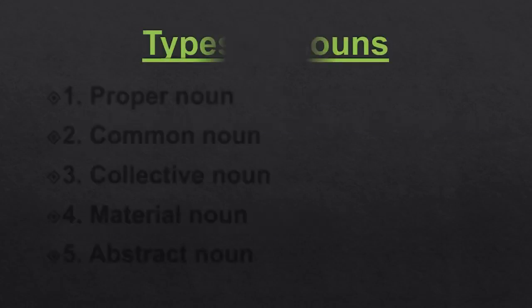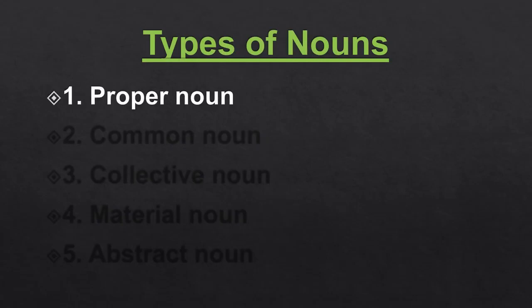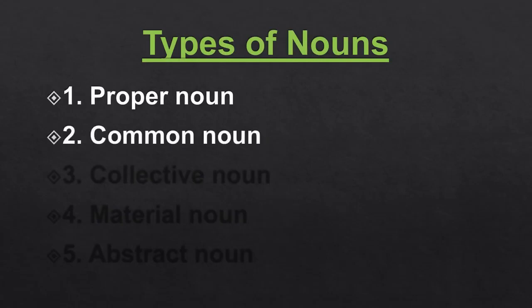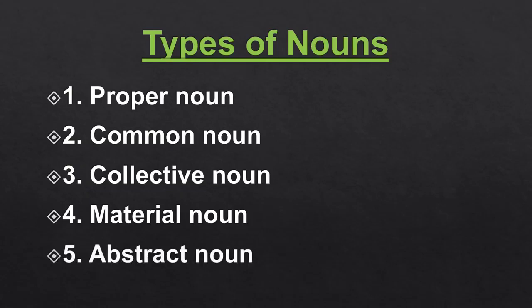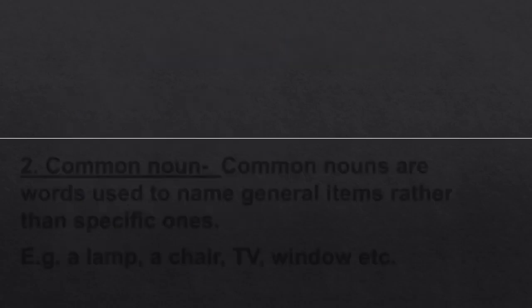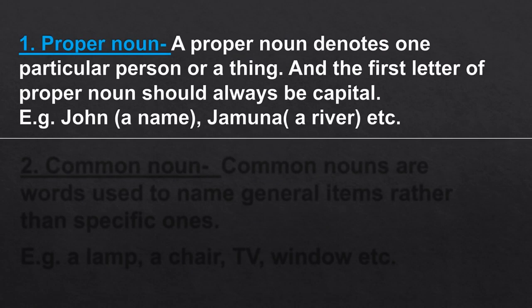Now, what are the types of nouns? The first type is proper noun, second common noun, third collective noun, fourth material noun, and fifth abstract noun. So now we will read them in detail. What is a proper noun? A proper noun denotes one particular person or thing, and the first letter of a proper noun